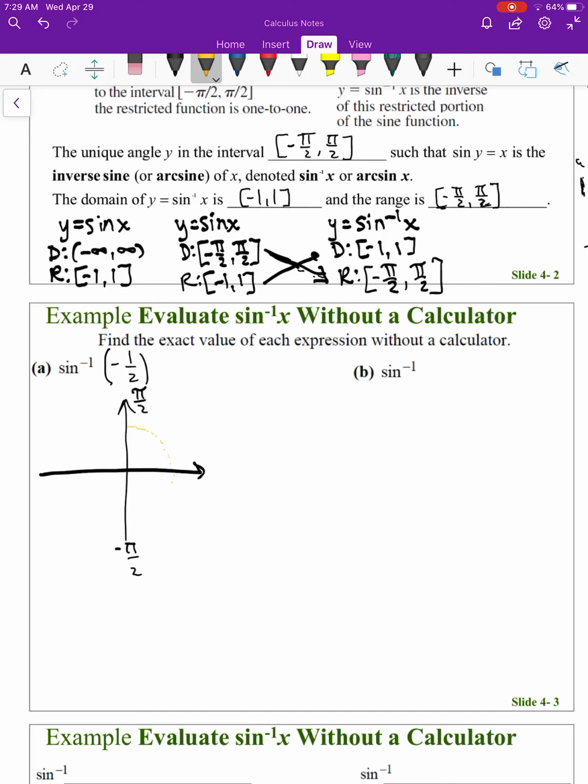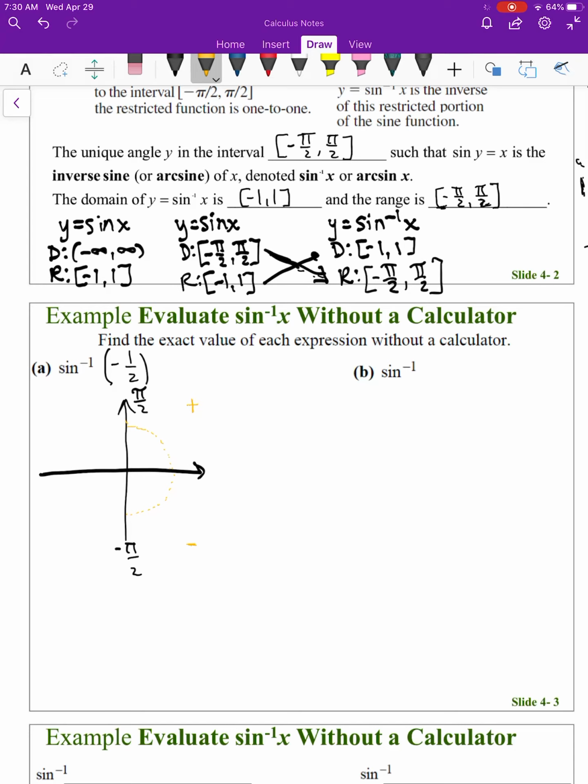if I was thinking, okay, I'm going to go, at a positive, there's my pi over 2. If I go in the negative direction or clockwise direction, there's my negative pi over 2. So these are the only two quadrants that you're going to find an inverse sine in. So if inverse sine is positive, you're going to go to the first quadrant. If inverse sine is negative, you're going to go to the fourth quadrant, because all of your answers are going